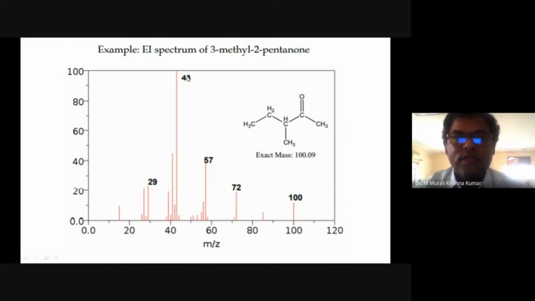For example, if you see the mass spectrum of 3-methyl-2-pentanone, here X is oxygen, and we have alpha, beta and gamma. So if you write it appropriately, double bond O and CH3 is over here. Here I am representing only one hydrogen. This is CH3, CH2, CH2. Okay, CH3 is over here. We have CH3 here. This is CH2. This is CH3. Okay. So first thing is,